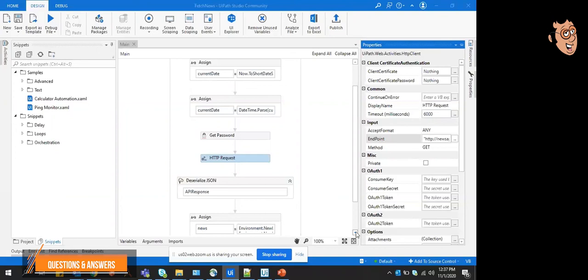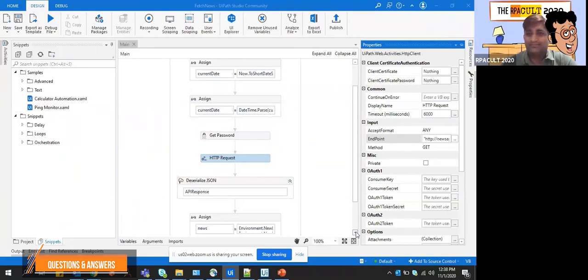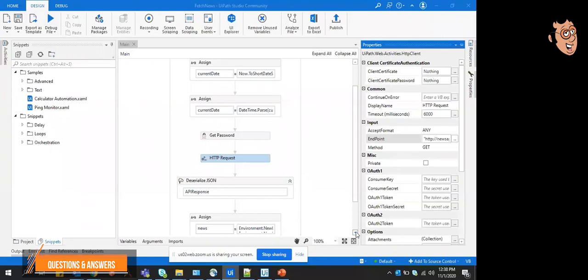Even if someone is a fresher in RPA, it's easy to understand because they have made it very easy. The Dialogflow and the chatbot which they have invented in UiPath, it's very easy to understand. Okay, thank you. And I'd like to add one more thing. Even we don't have knowledge regarding ML and AI, and Dialogflow is quite user friendly because we don't need any knowledge regarding that. You just have to pass some of the parameters. So it makes it easy for the user to use it. Okay, thank you. Thank you so much.